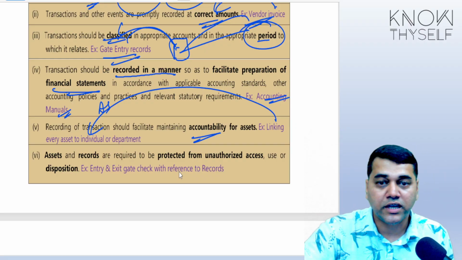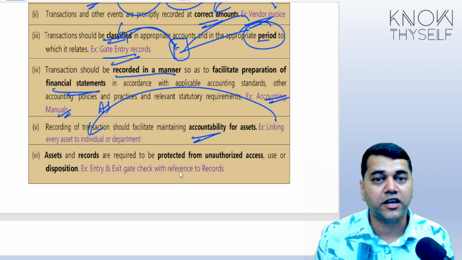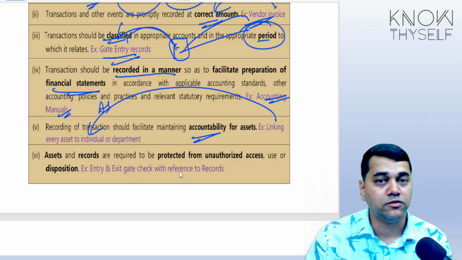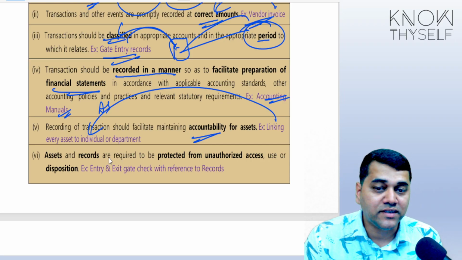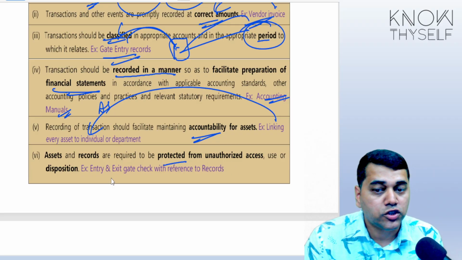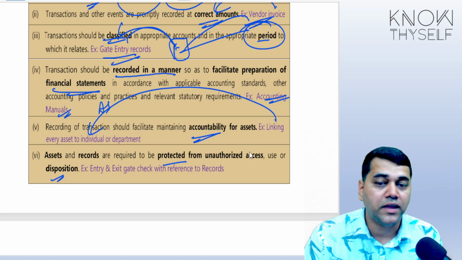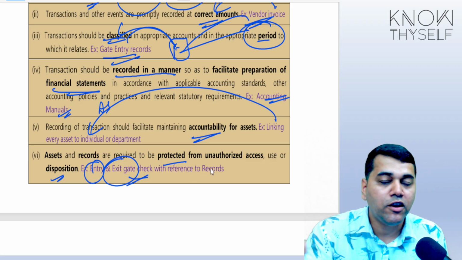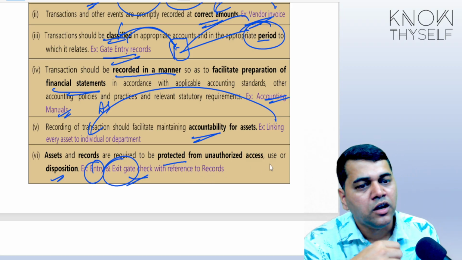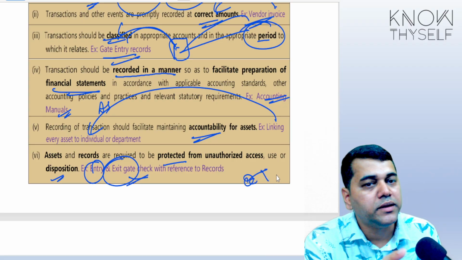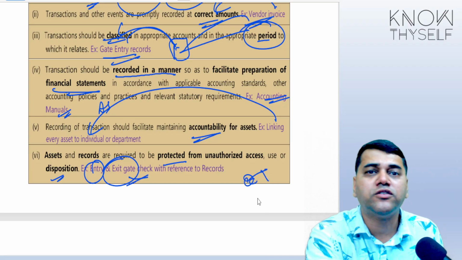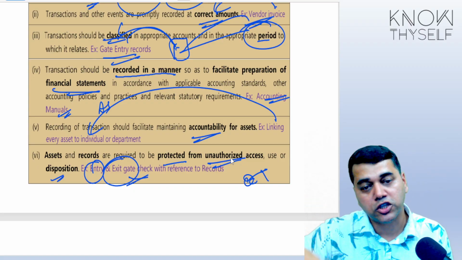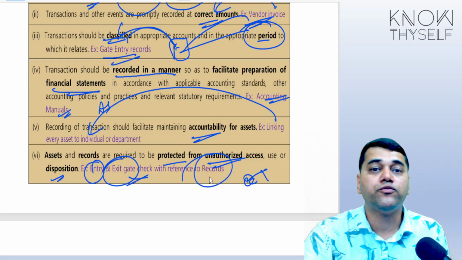Like I will tell, okay, this mobile phone is my authority, my responsibility. Okay, there is a pen I have given to my daughter. That is her responsibility, to take care of it. Assets and records are required to protect against unauthorized access from the disposition, like entry and check, gate check. They will always ask, no? Like you must have seen on the way, some trucks are stopped by the GST authorities. What is the first thing they ask? Where is the document? Because any movement, whether it is an authorized movement or unauthorized movement, your records will help you to figure it out.